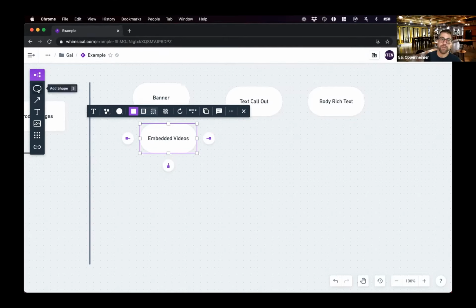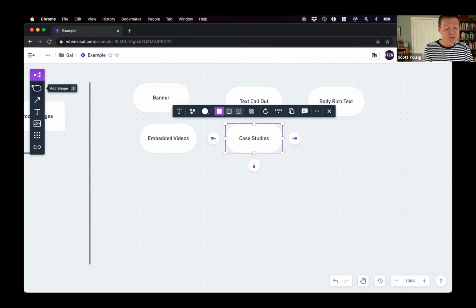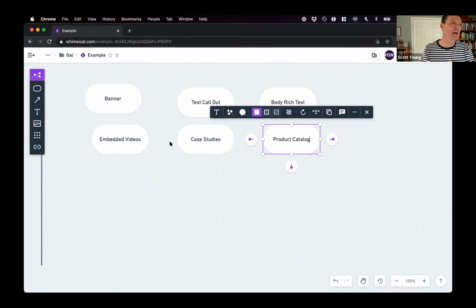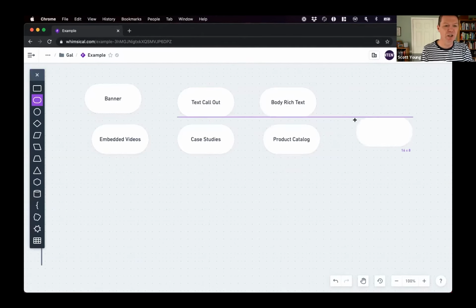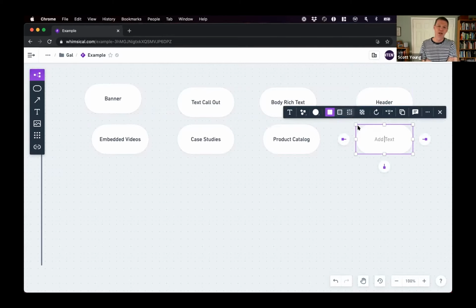You said you're a product company. Do you have any case studies? Yeah, so we have the case studies, and we like to be able to link those to the product catalog. One thing I didn't mention was that we have a database of the products, and we have case studies around the products, and then we have database-driven content that comes from structured data rather than from content. Okay, and I'd imagine you also have a header and a footer that's globally set, so you can update it one time.